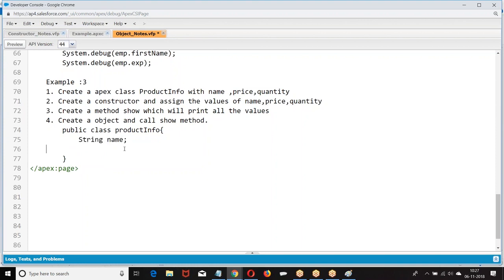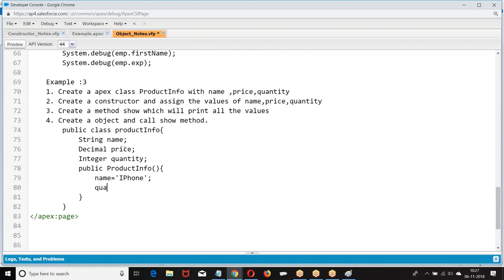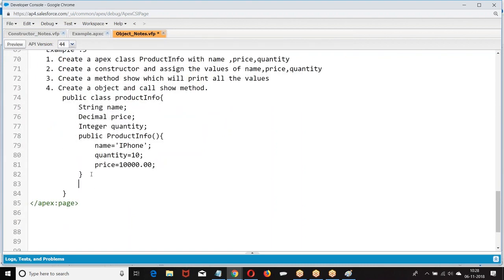So what I will do? String name, decimal price, integer, constructor. Then I told you to create a method called show.